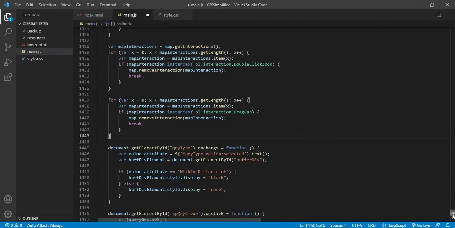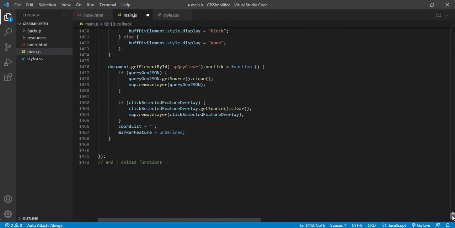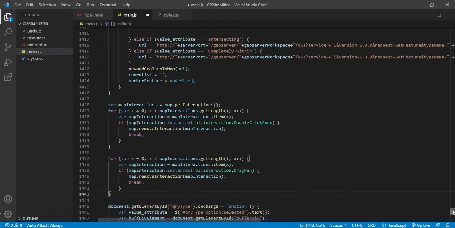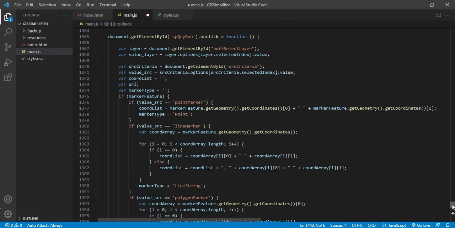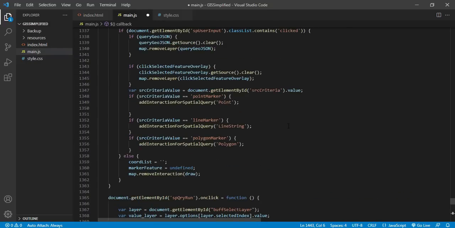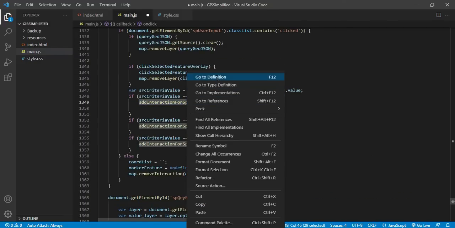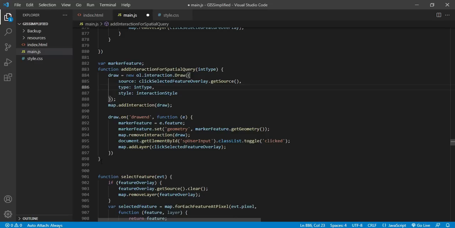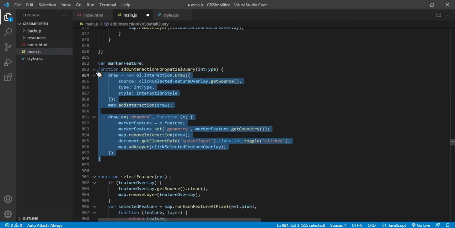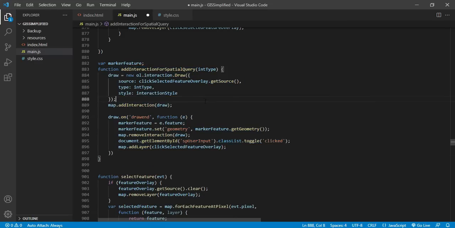So this is the code, and we have done the coding part of it also. We have understood the HTML part, styling part, and then the JavaScript part. This is the interaction code, a single button performing all point, line, and polygon types of interaction. You can see the interaction type is the input I am providing.